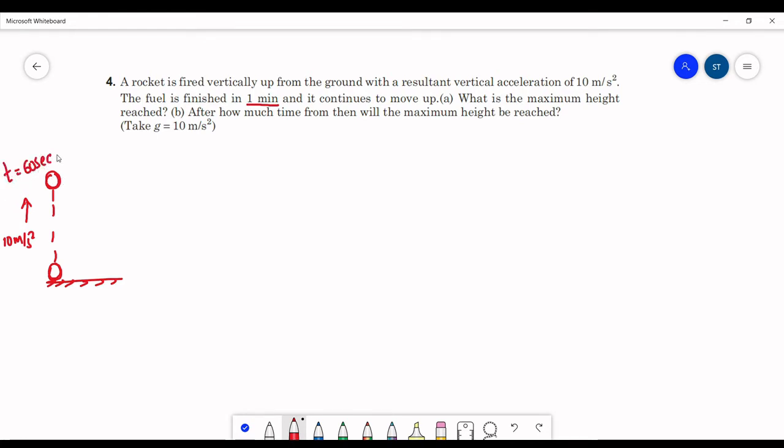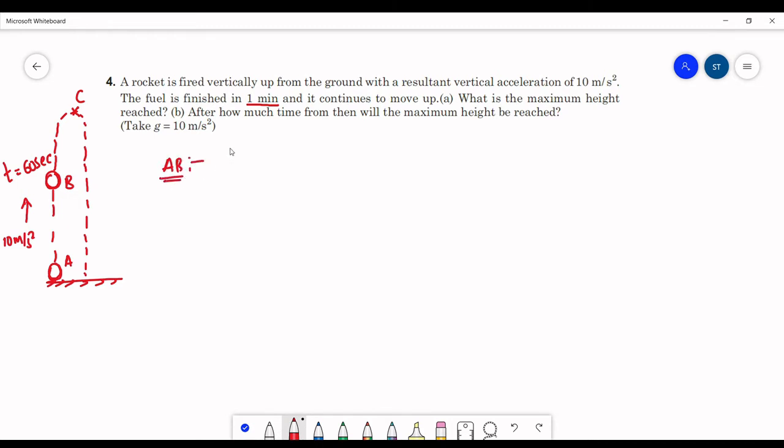After that, it continues to move as a freely falling body. So after this point it will keep going upwards due to its momentum, and again it will be reaching the ground. Now let us name this point as A, B, and the maximum height as C. Between A and B,